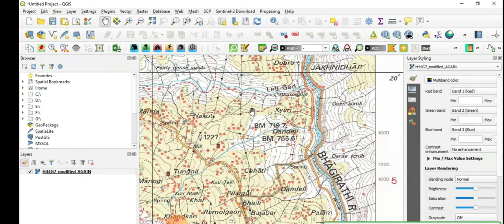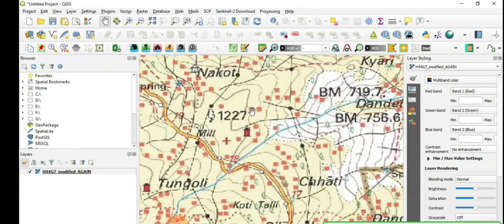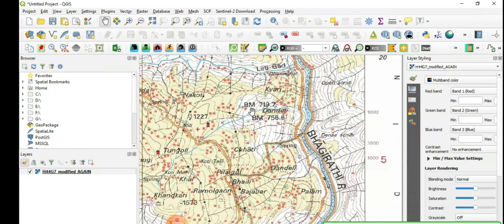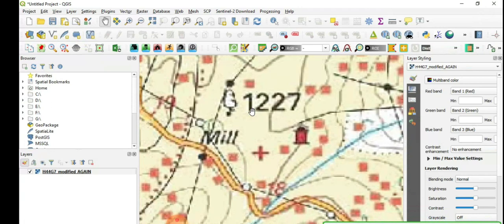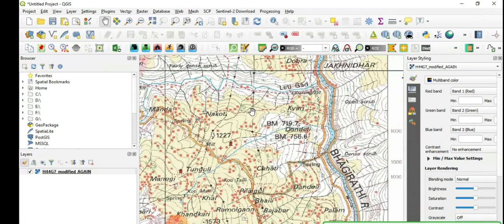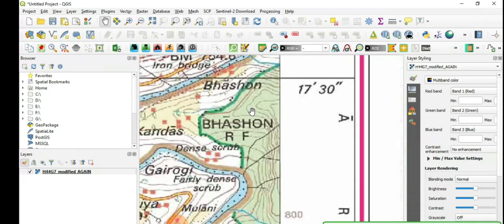These are also line features. So we can make a shapefile for roads and rivers, okay. These are line type of vector data. Then you can see these red dots. These red dots are huts, okay, houses. So we will be selecting point shapefile to digitize these features. Also you can see some temples. So these temples also can be digitized using point shapefile. And then you have this reserved forest over here. Bhason Reserved Forest. So this can be digitized using a polygon shapefile.